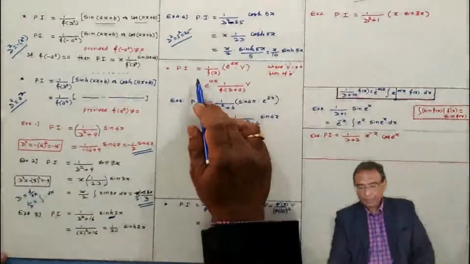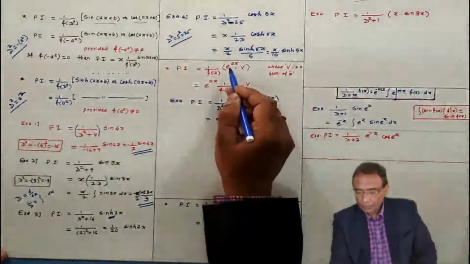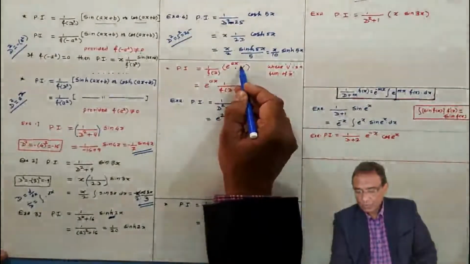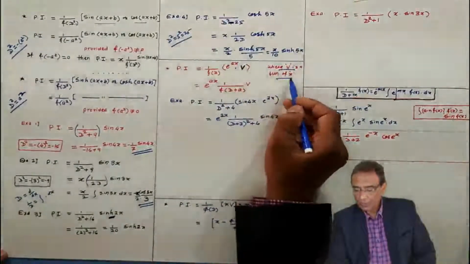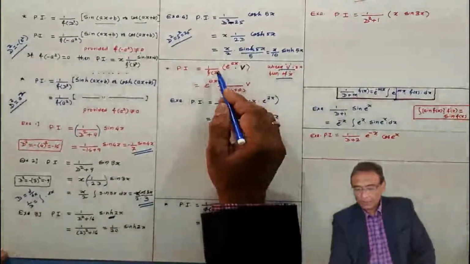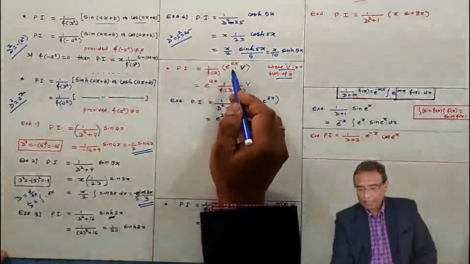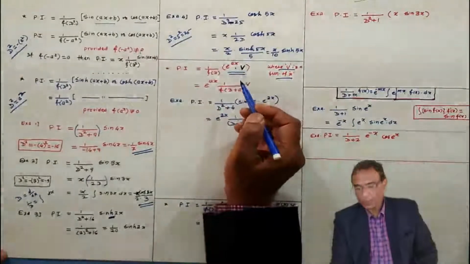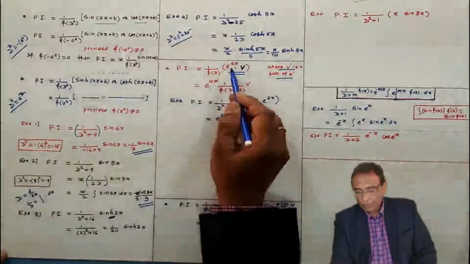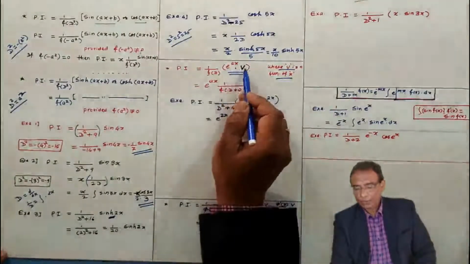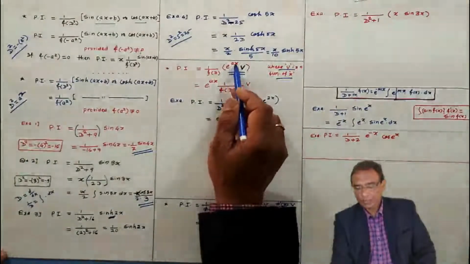Okay, now the next formula for particular integral. Here we have the product of 2: e raised to ax into a function of x, V is a function of x. Then we are operating the operator 1 by f(D) on the product of 2 functions. Earlier this type of situation was not there. In the product of 2 functions, one of the functions is an exponential function of the type e to the power ax.